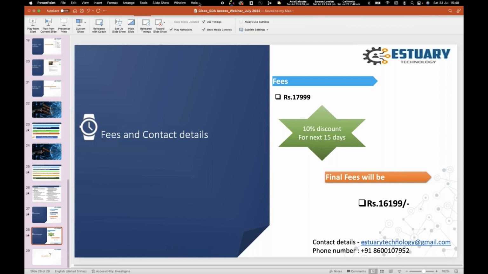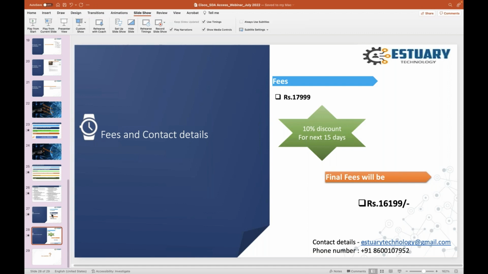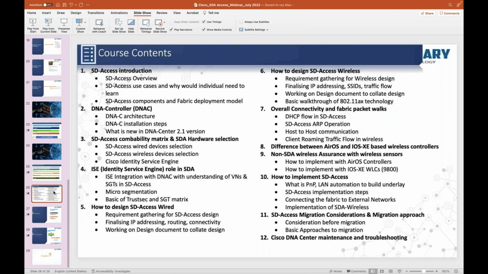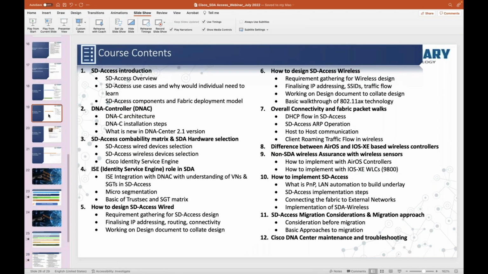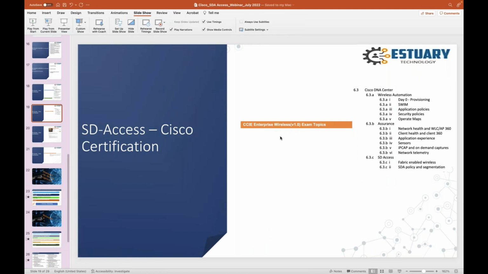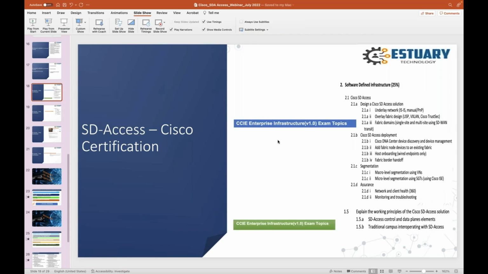So I have a question, like how is this course aligned to certification related to SDA access? Yeah, so I was going through the certification here. If you can see this, let's say someone wants to do CCIE wireless, or let's say someone wants to do CCIE enterprise.